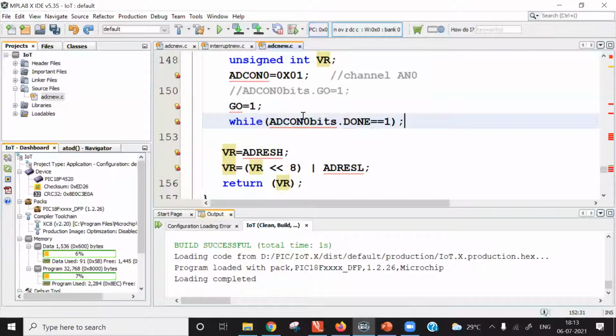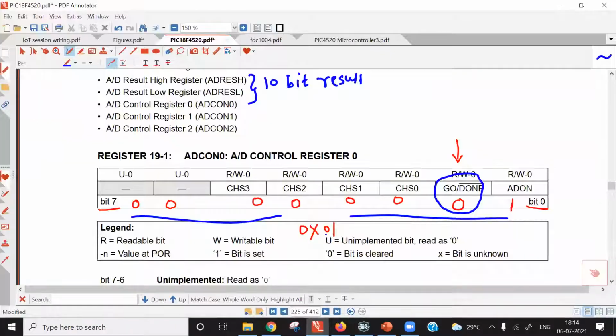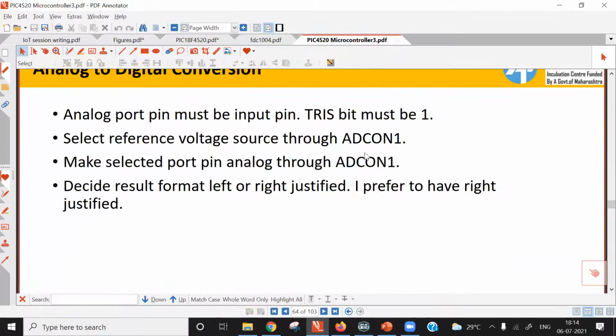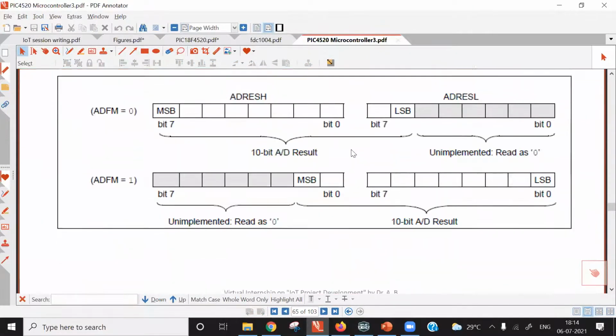So once the while loop is terminated, we must extract the result. Our result is available in the AD result high byte register and the AD result low byte register. And we have used right justified format. So let us see right justified format.